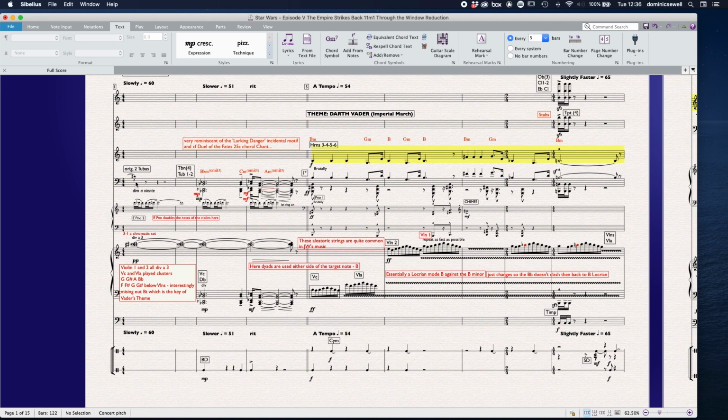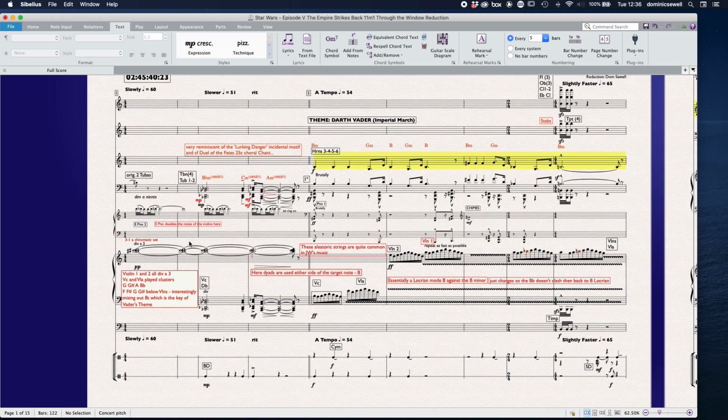So in the film, we don't really get to hear that. We only get to hear the last C sharp of the tubas, and then this little electric piano, which doubles the notes of the violins. It's just a chromatic set. So previously we had that going on, and this,